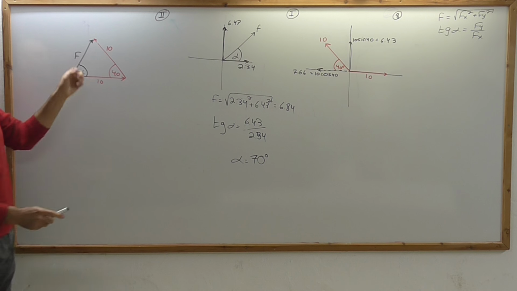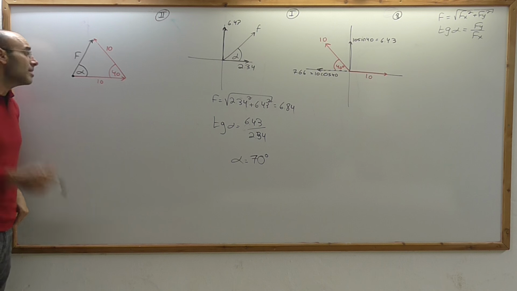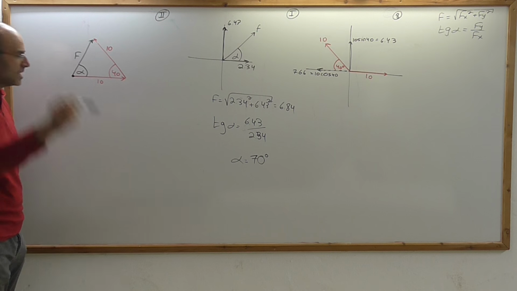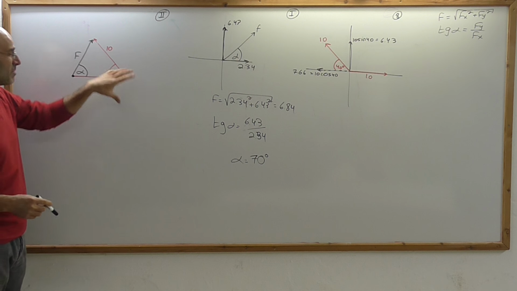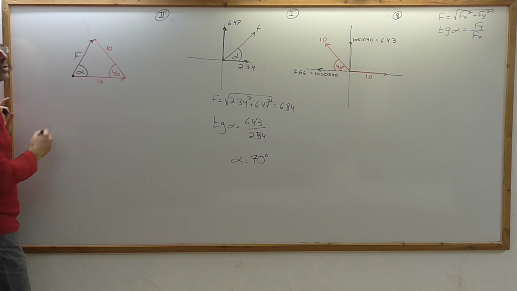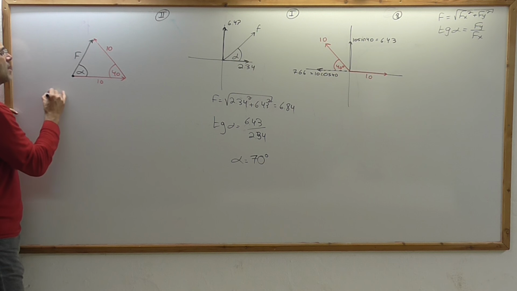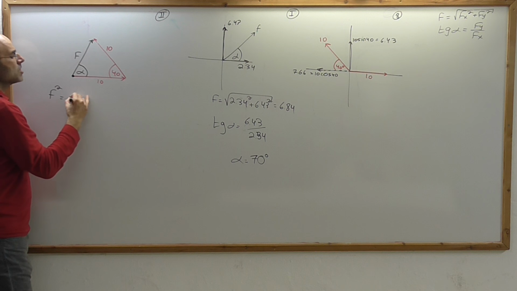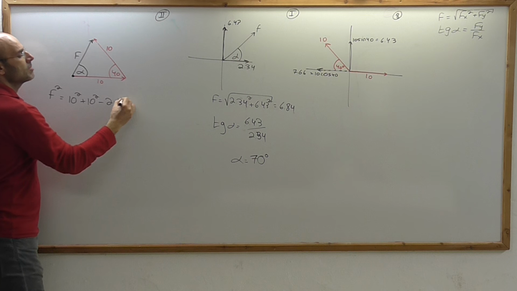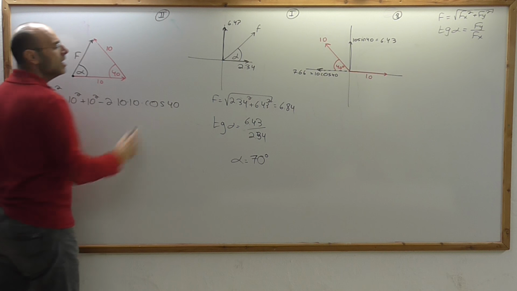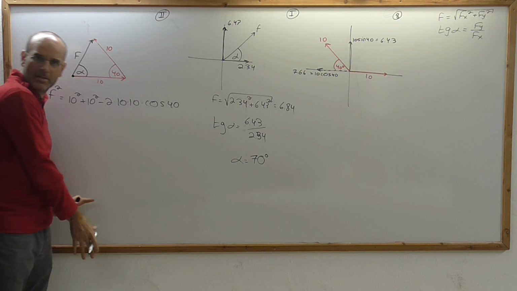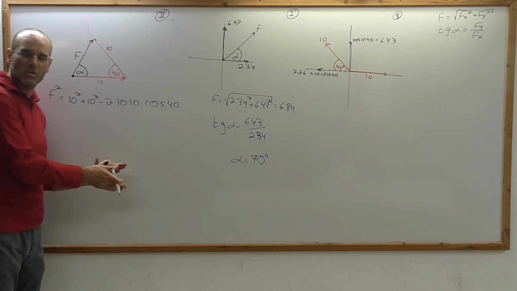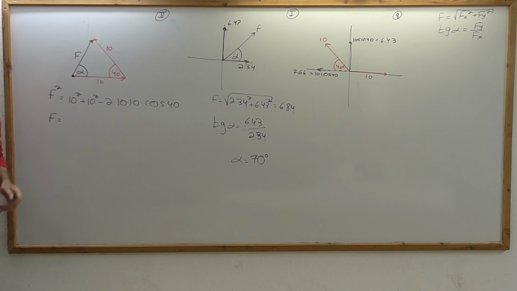Let's calculate it. Now, how do I calculate it? Here, because it's a symmetrical problem, it's an isosceles. You can do other things, but if it was not a symmetrical problem, you use the cosine law. The cosine law says that F squared equals 10 squared plus 10 squared minus 2 times 10 times 10 times cosine 40. If you don't know the cosine law, forget about it. If you know, you understand what I'm talking about. So F will be the square root of 10 squared plus 10 squared minus 2 times 10 times 10 cosine 40,